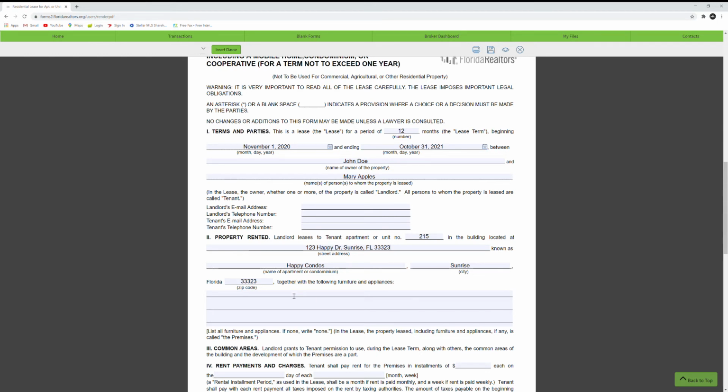And the next paragraph down here is the following furniture and appliances included. So this is where you would include, let's say, a refrigerator or an oven, range, washer, anything. If there's furniture included, maybe 2 couches, couple TVs, you fill it out here accordingly,